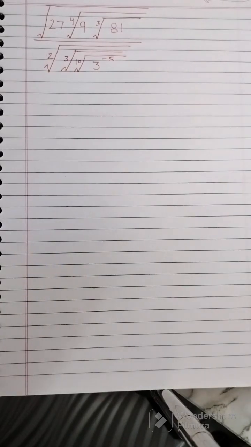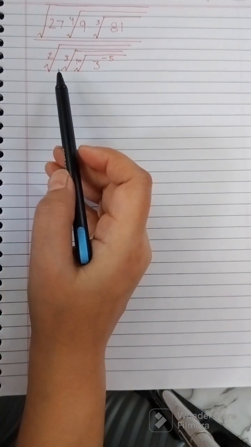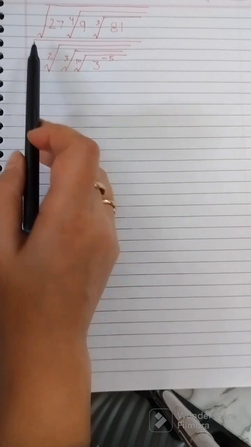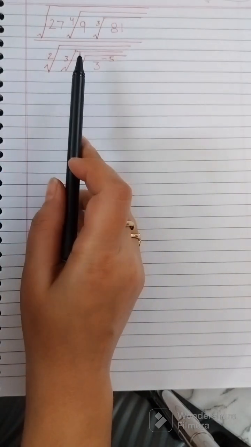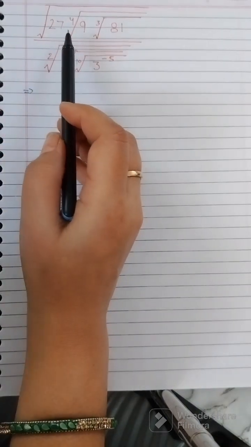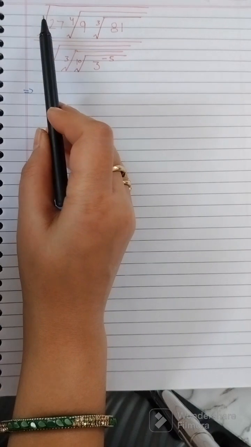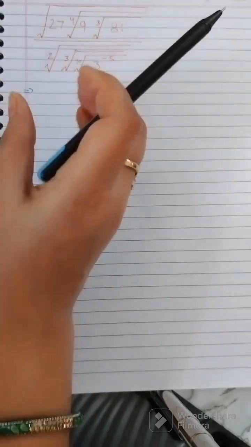Today we are going to discuss a very important and interesting problem from the point of view of your IMO examination. Here you can see the expression. We have to simplify this fraction with radicals. When we have terms like root of root of root, then we have to simplify these roots